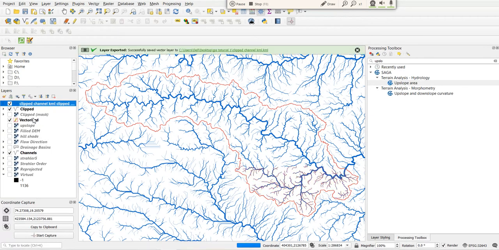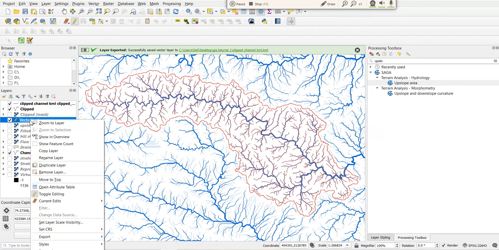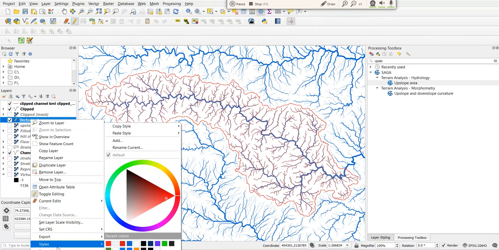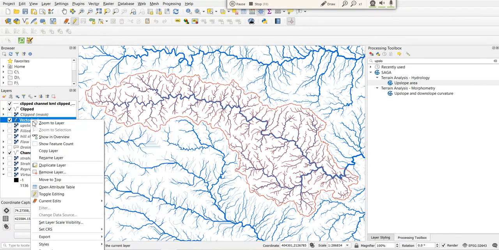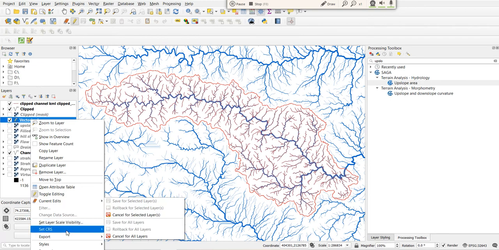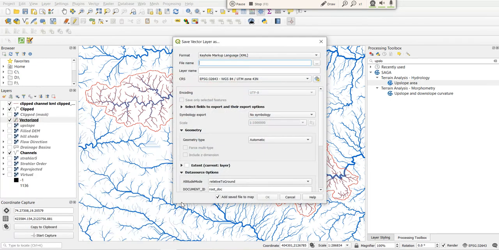And I also want to save that vectorized thing, the polygon, also. So go to export, save feature as KML. File name is, let's say, catchment poly.